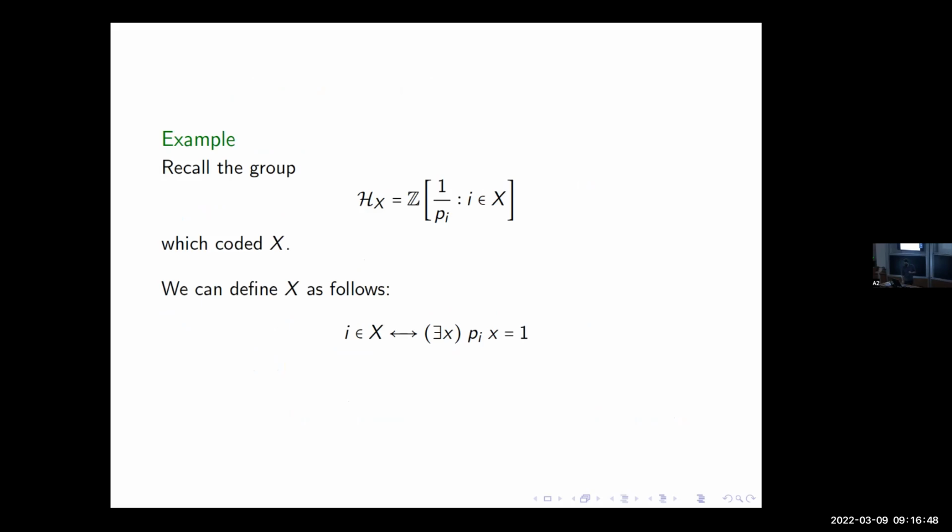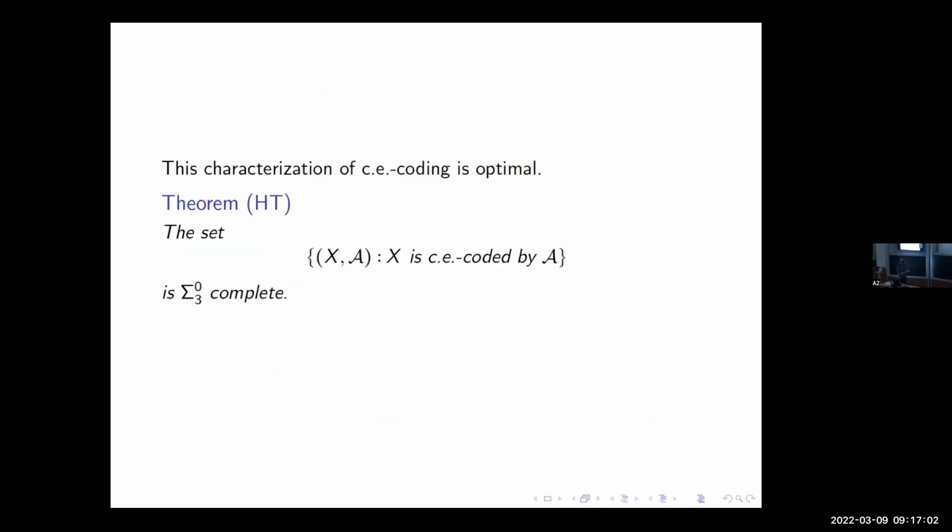In general, this is a general case where every copy computes. There's also a uniform version, and if it's uniform, then you don't need that tuple around. That tuple deals with the non-uniformity. So it's quite easy to prove that this characterization of C coding is optimal. If you look at the sets, how hard is it to say that X is C coded by A? Well, it's Sigma^0_3, and it's Sigma^0_3 complete, say, in the sense of m-degree. That's saying it's a nice characterization, but it's the best that you could do. Maybe the more interesting thing to point out is that it is actually Sigma^0_3, right? So it's quite a simple characterization.